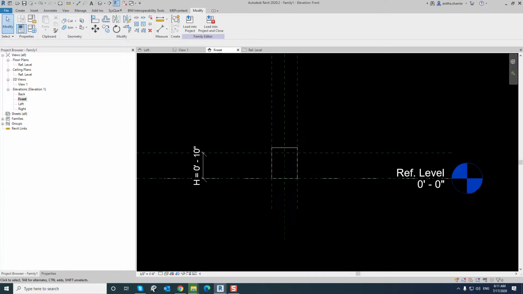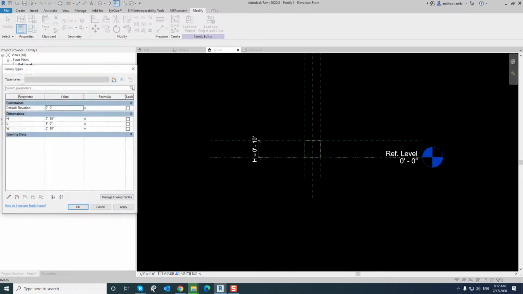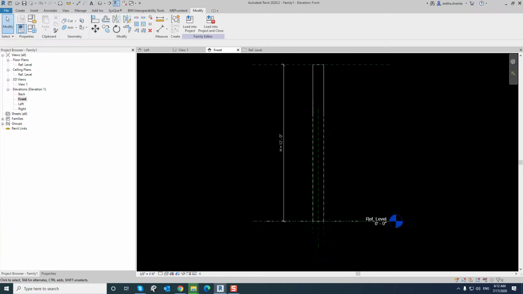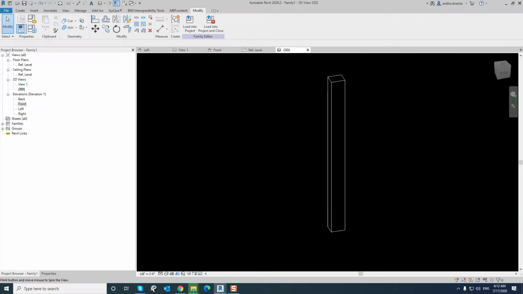So front view, align, yeah, lock. Okay, cool. Now it's working fine. I'll just show you height also. I'm going to change that to, let's say, 12 feet. Yeah, it's working perfect. Okay, so we have provided shared parameters,